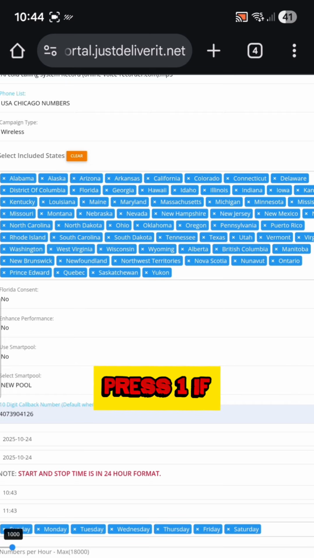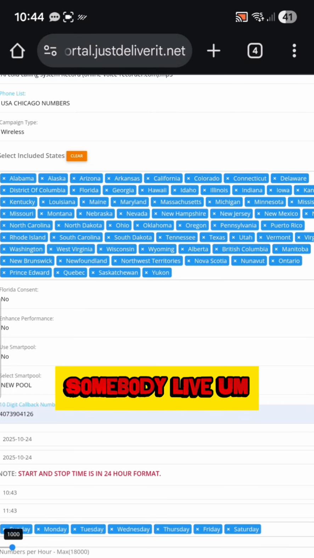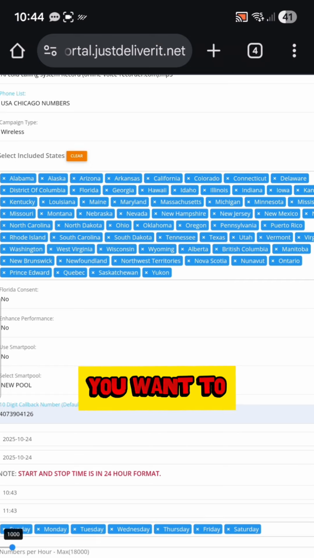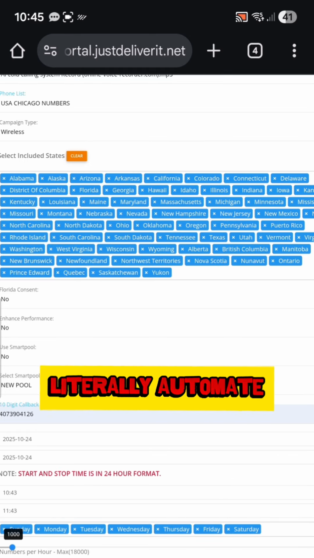And then it'll say, press 1 if you want to speak to someone live. Press 2 if you want to leave a recording. Press 3 if you want to receive a text message to go to the website, or a text message that will send you to the booking calendar. That is literally what it would do. So you can literally automate